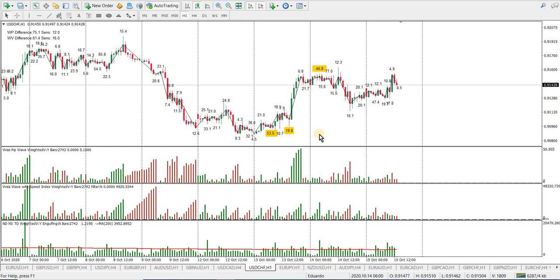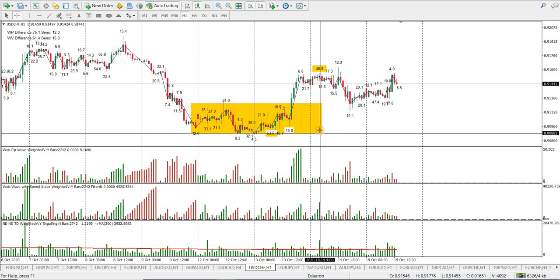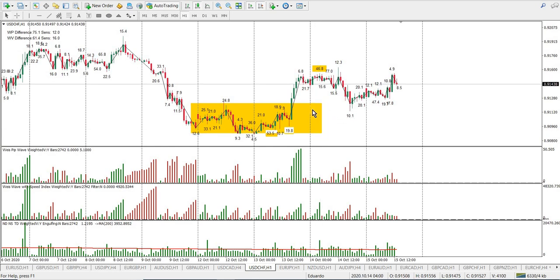USD Swiss. We're coming down. We hit some resistance. And what do we see? We see a 53.5. Nothing like that on the down moves. Okay? So, but we are also ranging. And this is our range. Okay, and this range is about 33 pips. So what do we see before the exit? This is everywhere. Very nice.